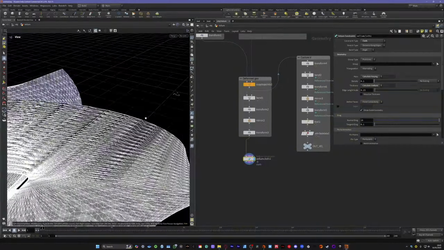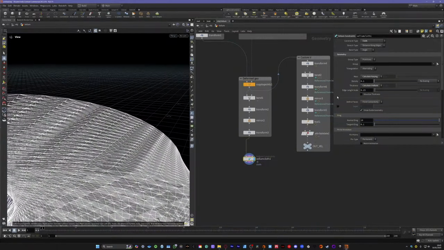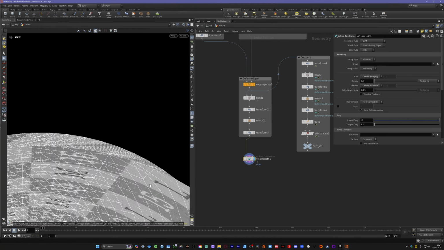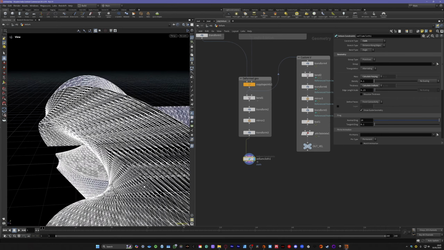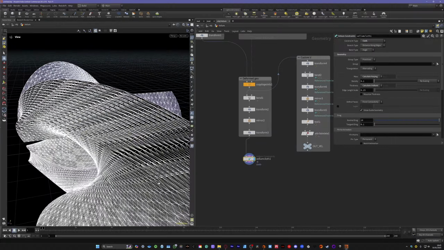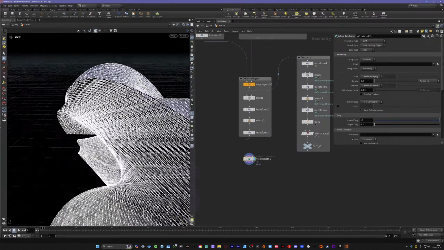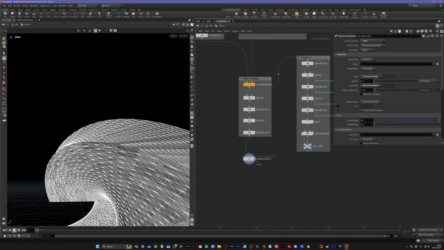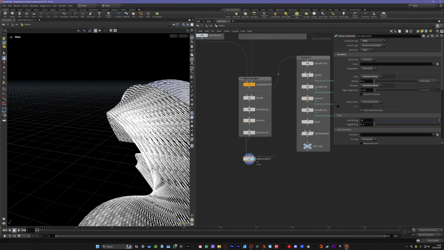With a Vellum sim, we have something called a thickness scale. This shouldn't be called edge length scale. This should be called thickness scale, because an edge length is these edges here across the surface of the geometry, whereas thickness scale is really kind of the other axis of that. If you imagine these are tangents, the thickness scale is a normal, so it's the